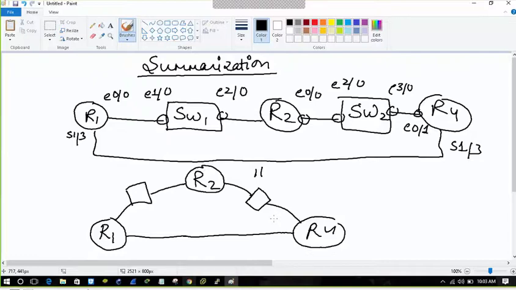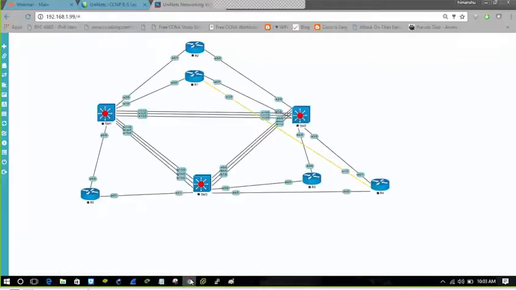But what happened? On the R2 right-hand side interface, while I was about to provide the IP address, an error message came in configuration mode itself that it's not enabled. After that I just left the lab. I was totally frustrated. Everything was configured, only the IP was left.